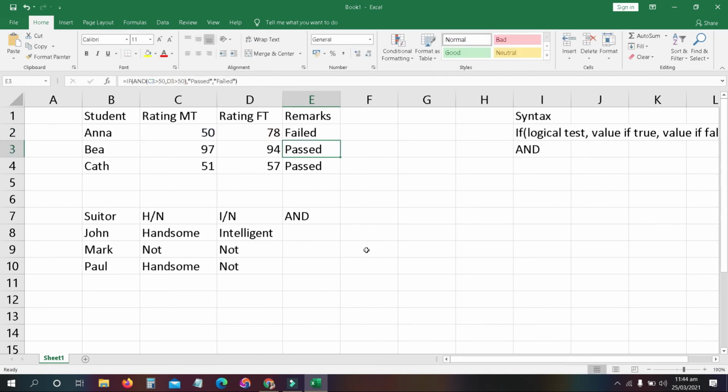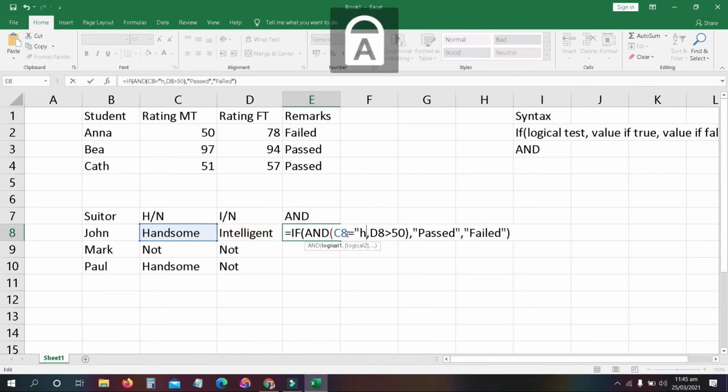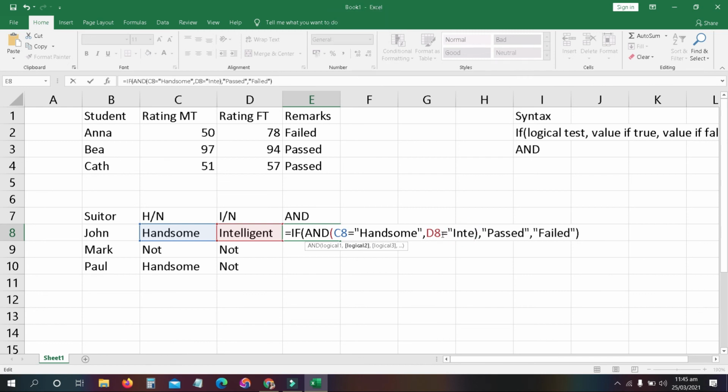Let's copy na lang. Okay, change this one, and this one. And then, of course, if this is a text, so we should change the formula. Handsome, and this one is equal to